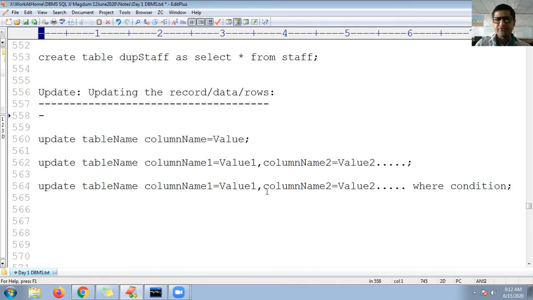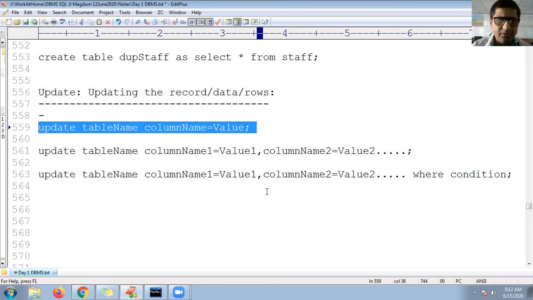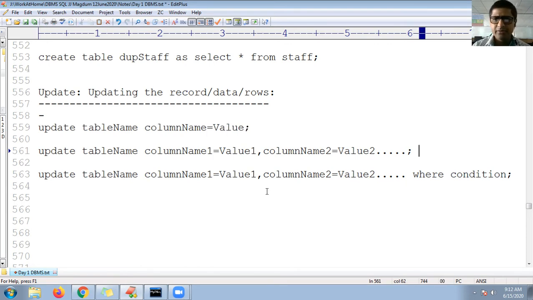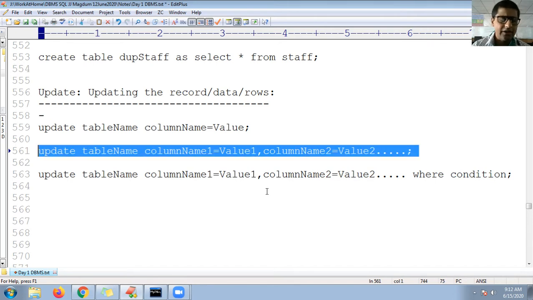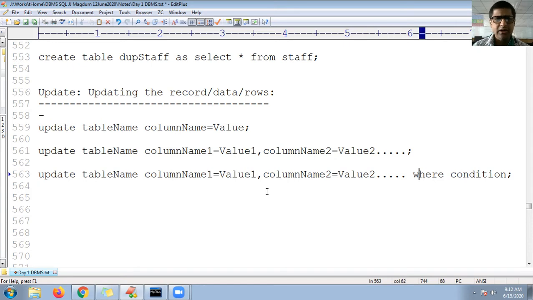So there are three different forms of syntax. The first form is to update a specific column for all values. Second, update multiple columns for all the values of those multiple columns. And third, update multiple columns with a matching condition, guys. So let me add a note about this update.